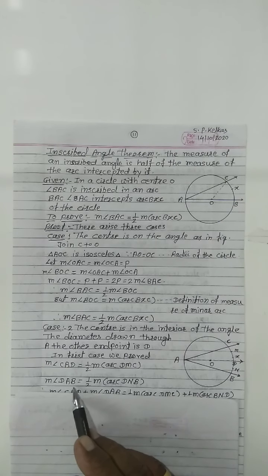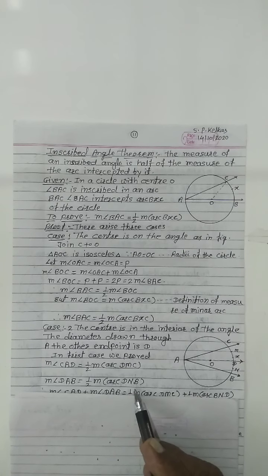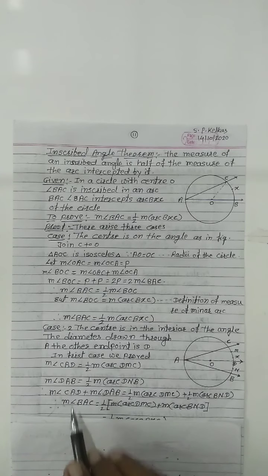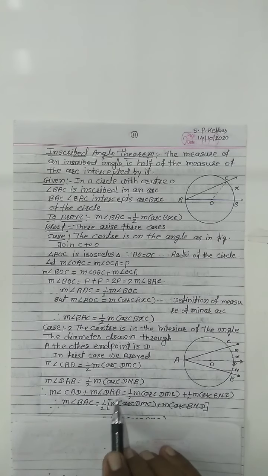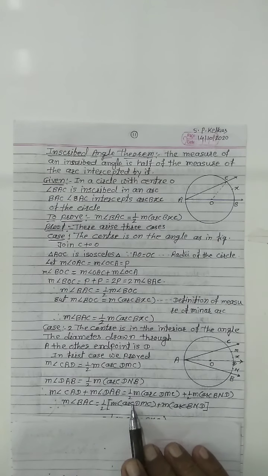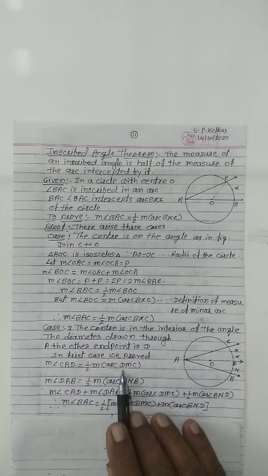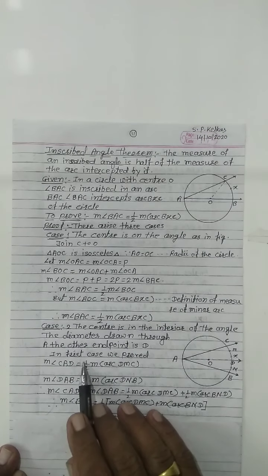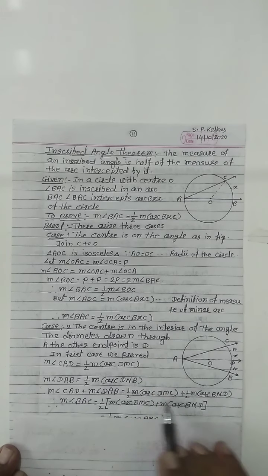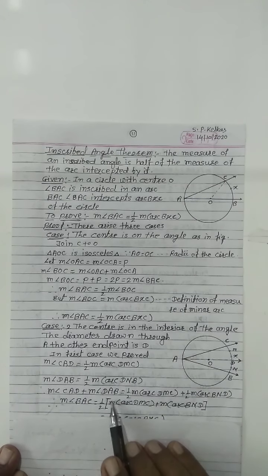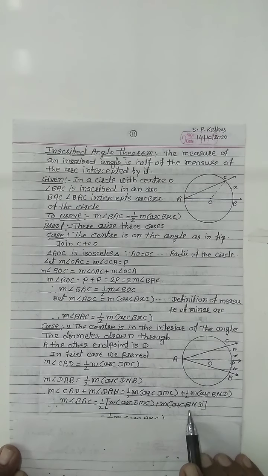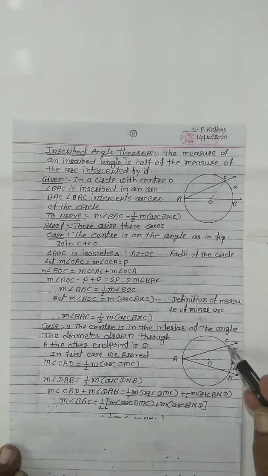Measure of angle DAB equals 1/2 measure of arc DNB. Then we take the sum of these two angles: measure of angle CAD plus measure of angle DAB equals 1/2 measure of arc DMC plus 1/2 measure of arc BND. We take 1/2 common, in brackets measure of arc DMC plus measure of arc BND. Now the sum of these two arcs, this arc plus this arc, is nothing but